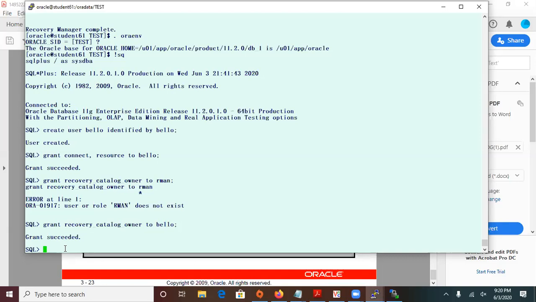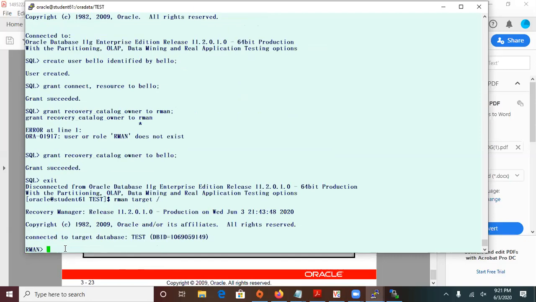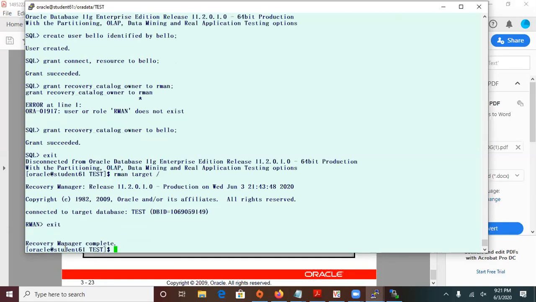Okay, so now that Bello is officially the recovery catalog owner, we can exit and connect to RMAN. When we issue RMAN target /, who do we connect as? As sys. Exactly. Now we want to connect as Bello, and we know that Bello is the catalog owner. So we issue rman catalog Bello